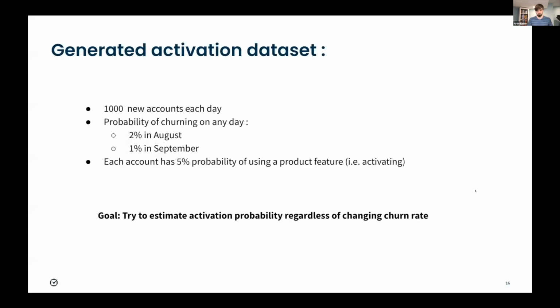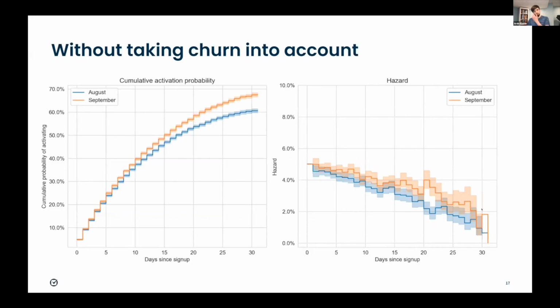And again, to quantify this a bit more, I'm going to generate a data set, again 1,000 new accounts, with the same churn probabilities, 2% at first and 1% later. But then throughout the two periods, the two months, we'll have a flat 5% probability of the account using this product feature we're interested in, also known as activating. And what we want to understand is, can we estimate the activation probability even when all of these churn changes are going on? So if we just use the first approach, just start event, end event, we'll actually end